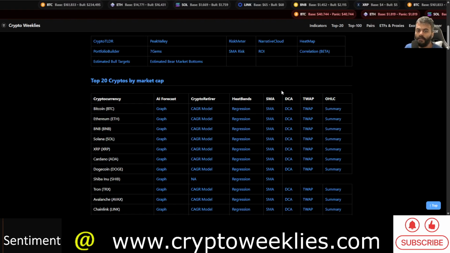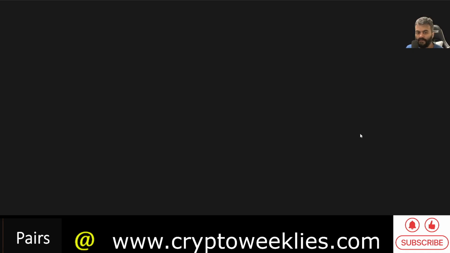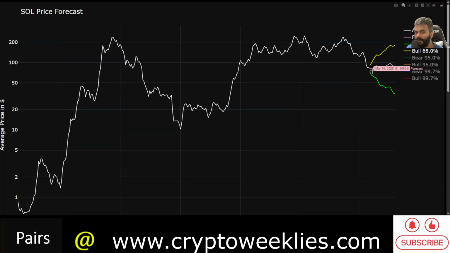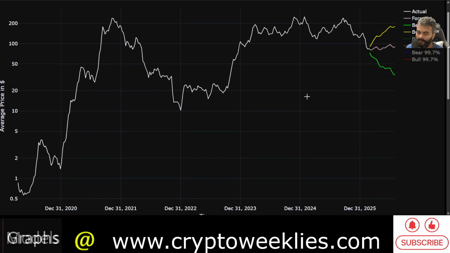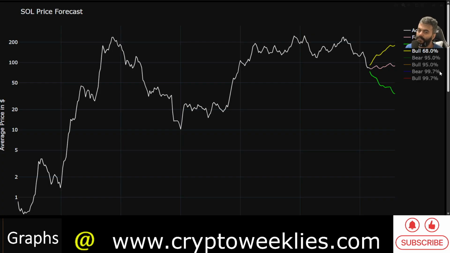So all in all, Sol, if it were to be analyzed from the bottoming perspective, if let's say this is the machine learning model trained on the weekly price action of Sol and helps identify what could be the bear case, bull case and the base case using seasonal ARIMA based forecasting technique, as well as LSTM based machine learning models.